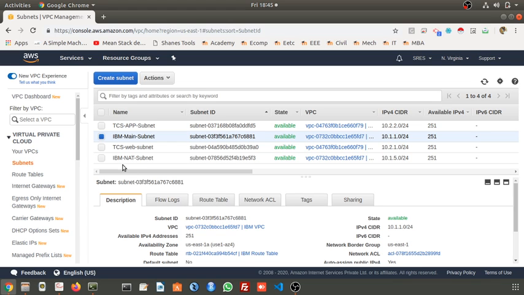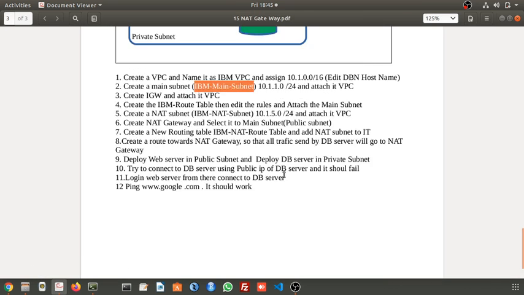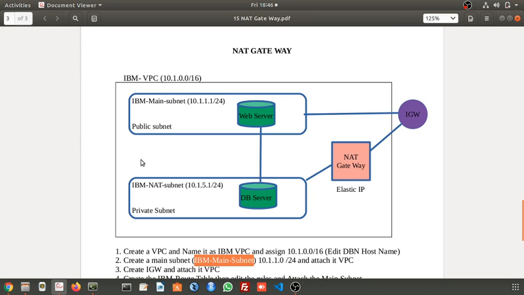Now the NAT subnet is also created. So the subnet is created, the internet gateway is created and attached. Let's start creating the NAT gateway.